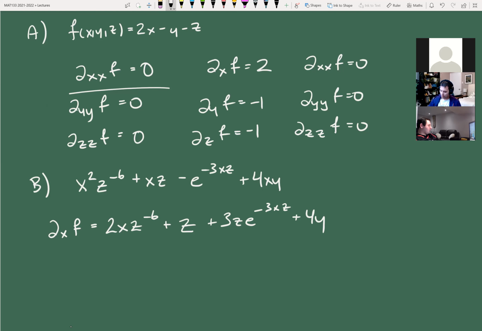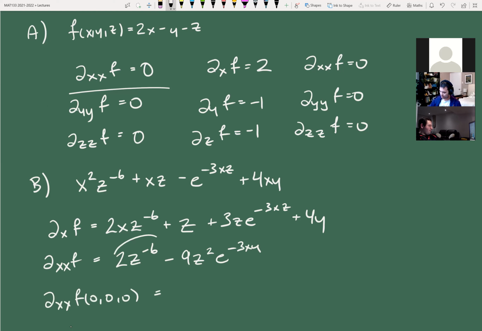So if I do now another x derivative, hopefully this isn't terrible. So I'm going to get 2z to the -6. That's 0. So this is going to be minus 9z squared e to the -3xy. And then that part is 0. So I get this. And now if I plug in 0, 0, 0,